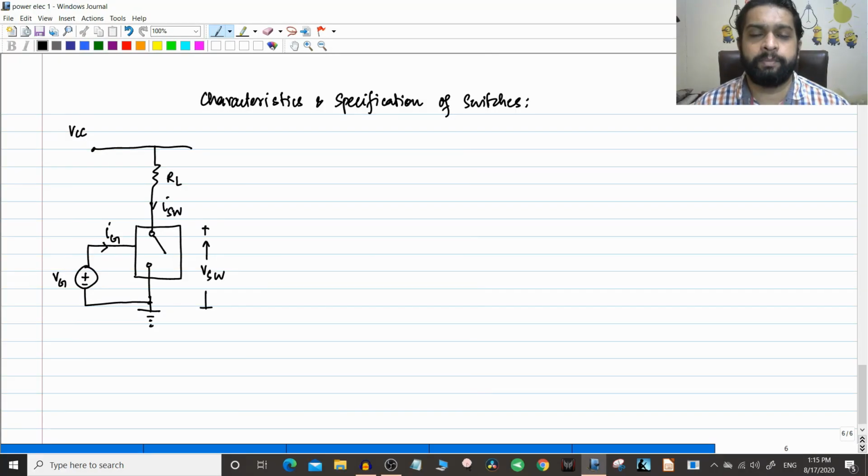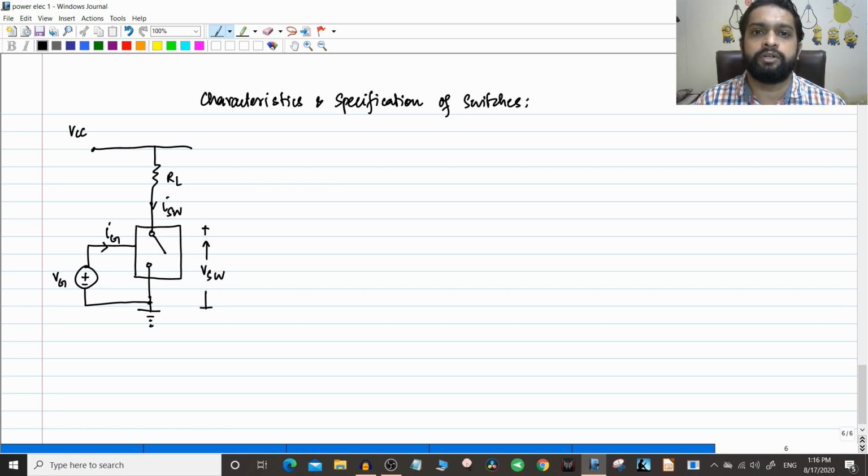Hello friends. So in the previous video, we have actually seen a very important concept, that is, we have seen how a general power electronic device or a power electronic system looks like. So we saw the basic block diagram and also we saw some power quality factors, and in general it was the effect of power electronics on the power system. Okay, all a basic introduction was given.